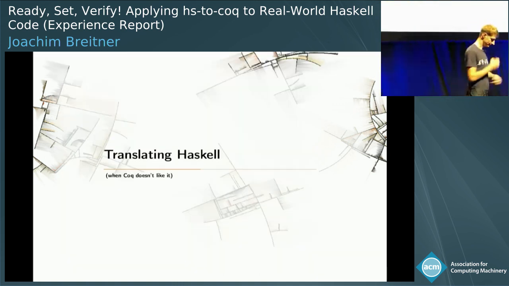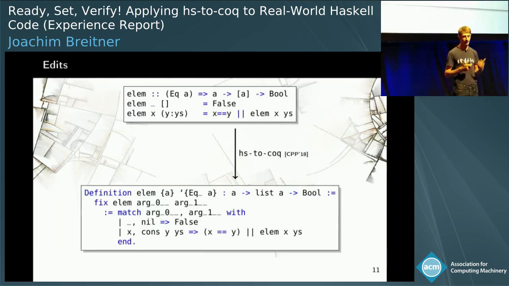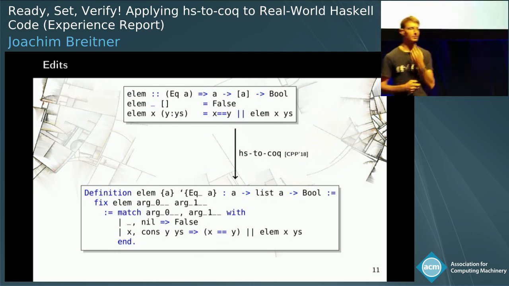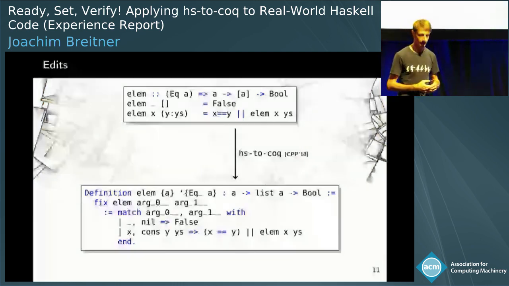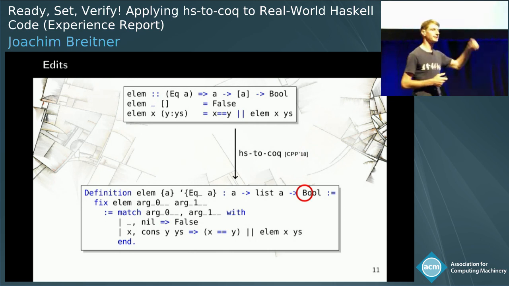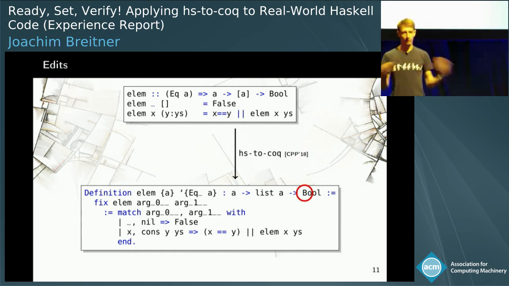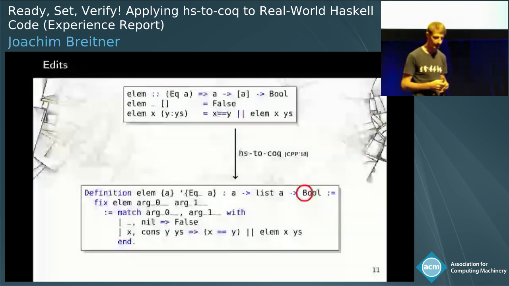So there's plenty to prove. But before we can prove it, we have to get the code into Coq. And for simple cases, like the ln function, as I said, this is a completely automatic process using hs-to-coq, and you get something out of it that is actually usable and interesting. But even in this very simple example, you might wish to tweak the output. Note that Bool is capitalized here, which means this is the Coq translation of Haskell's Bool data type, which is fine, but there already is a bool data type in Coq. It's lowercase bool,